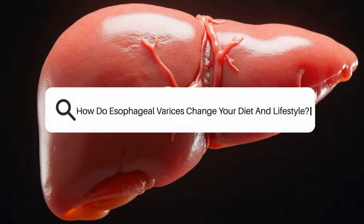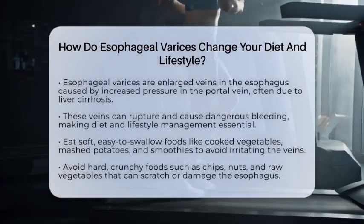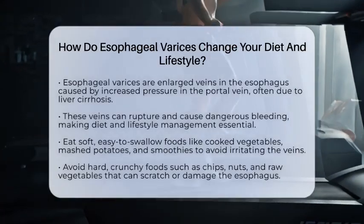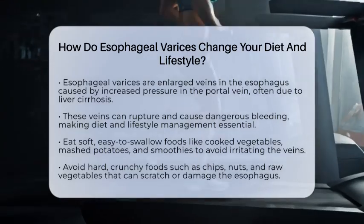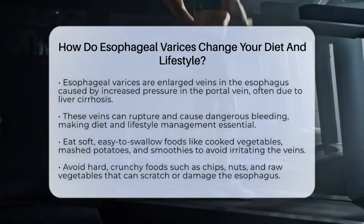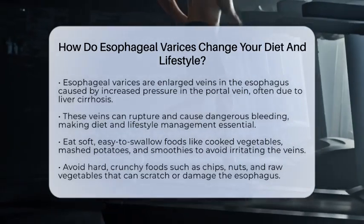How do esophageal varices change your diet and lifestyle? Imagine a tiny change in your daily habits that could make a big difference in preventing a serious health emergency. If you have esophageal varices, understanding how your diet and lifestyle can help protect you is essential. These enlarged veins in your esophagus are usually caused by increased pressure in the portal vein system, often due to